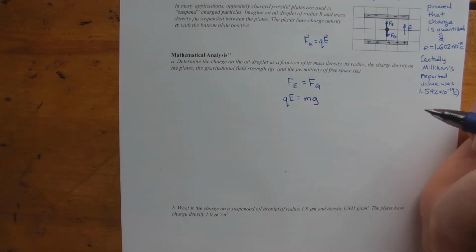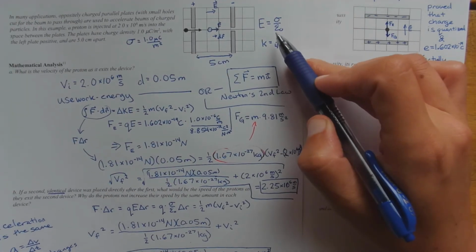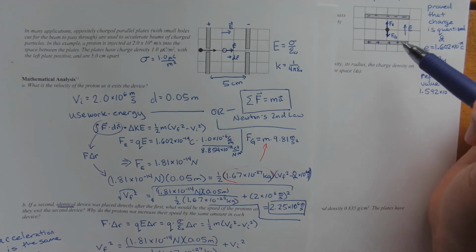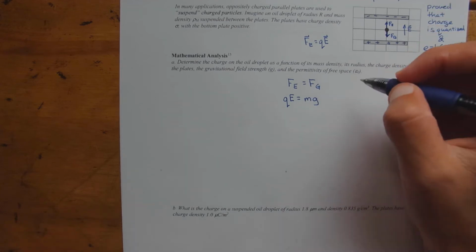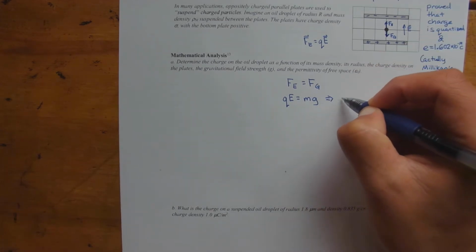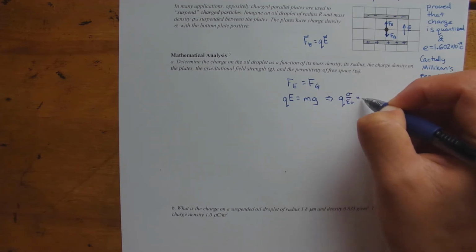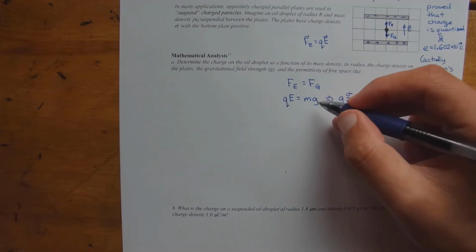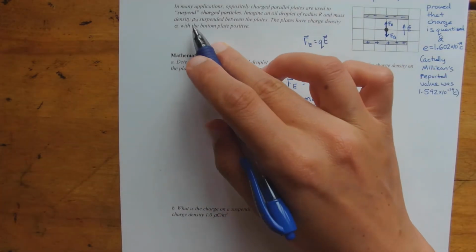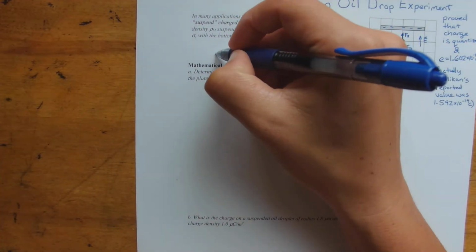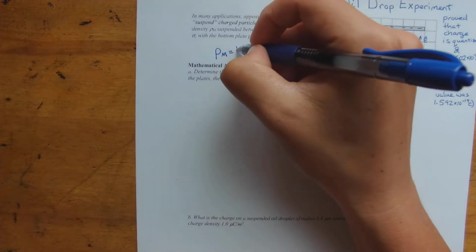We need to know E, but remember from our previous example problem, when you have parallel plates and you have a charge density of sigma on both plates, the electric field between the plates is equal to sigma over epsilon naught. So this becomes Q times sigma over epsilon naught. That's equal to the mass times little g, but we don't know the mass. We do, however, know the density. And we talked about this a little before. The mass density is equal to the mass